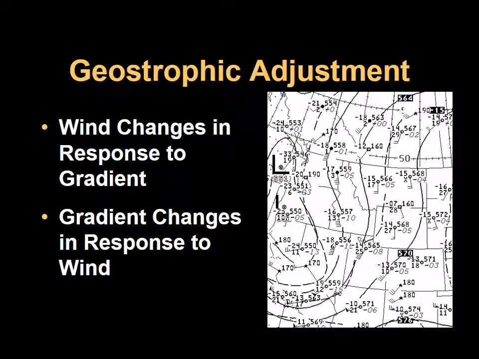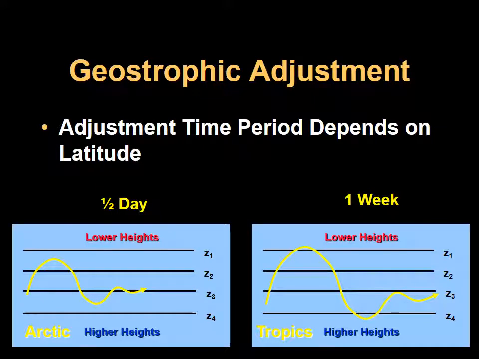And you'll see this on weather charts. You see that the pressure gradient is tighter in some locations and weaker in others. That means that there is a response by the wind to this pressure gradient. So it's accelerating and decelerating, and it's going back and forth trying to seek balance. The balance